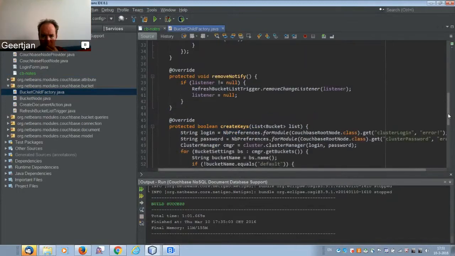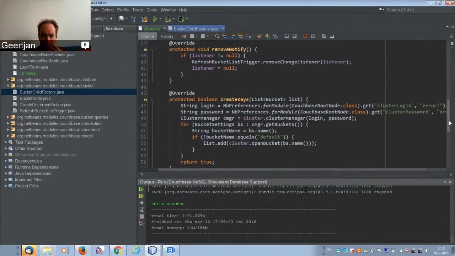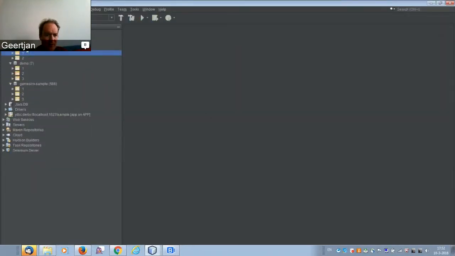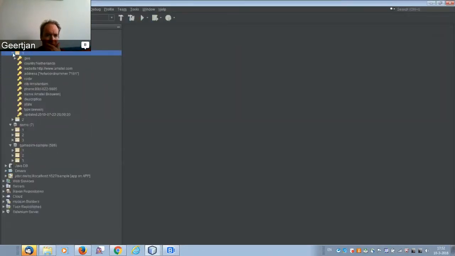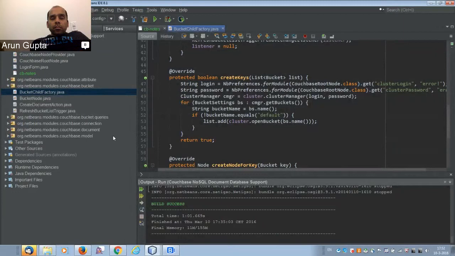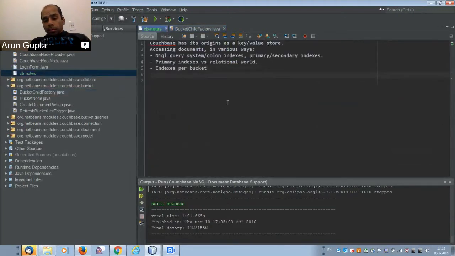Okay, so now we need to find where in the code. When I look, for example, at this beer sample bucket, how can you tell code-wise whether this is indexed or not? I think by default the beer sample that we install is not indexed. Yes, that's true. So let's see, what would be the best way to...